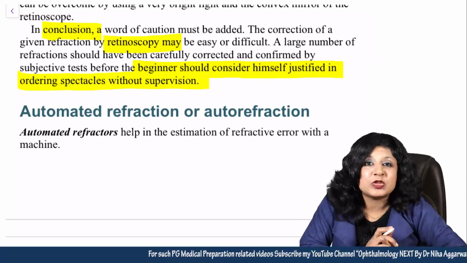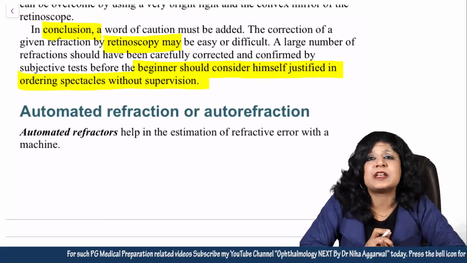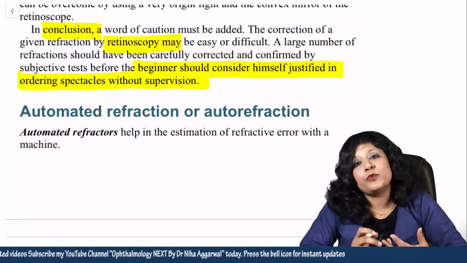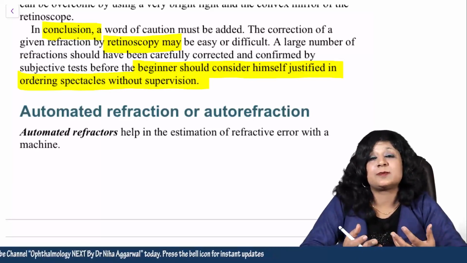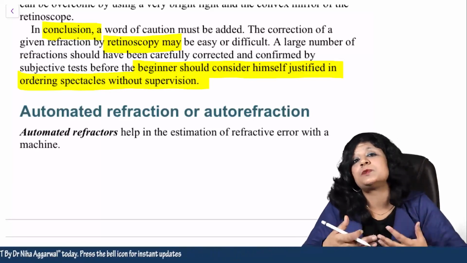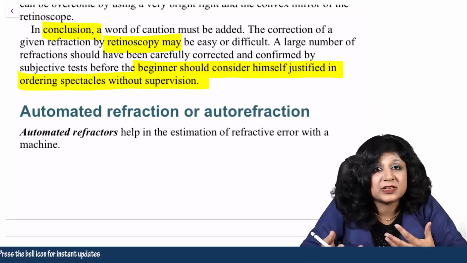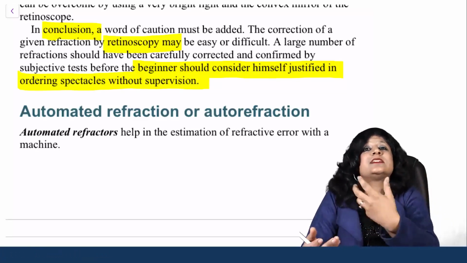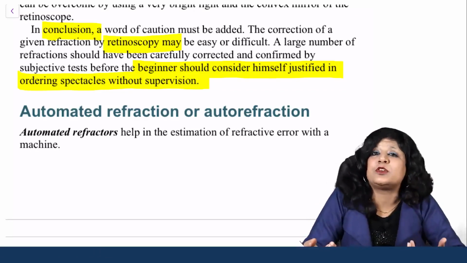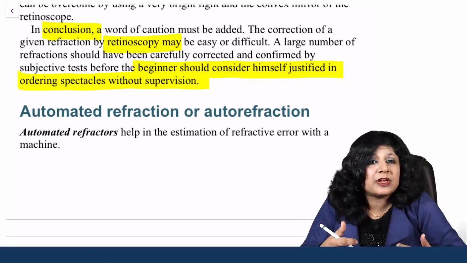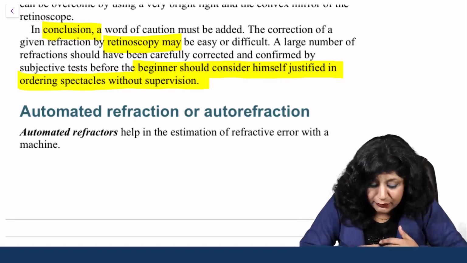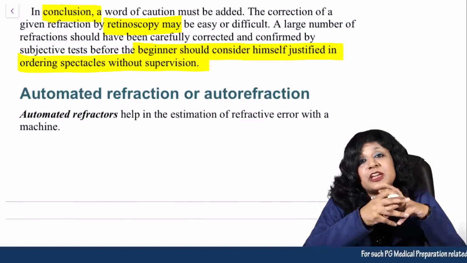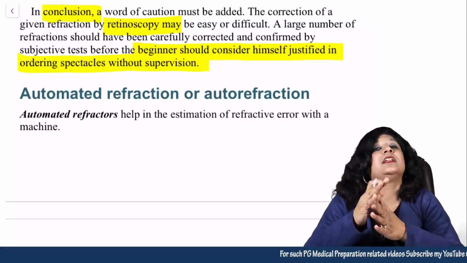They are saying that there are many things to be learnt in refraction, and procedures are always learned by practically doing it. Though you are being taught every theoretical aspect, you will see that you learn a lot practically by doing it. So it is a trial and error method in the starting. Slowly and gradually you will come to know what kind of shadow is suggestive of what kind of astigmatism or what kind of error, and there are so many difficulties that you actually face while doing the refraction. So one should have done a number of subjective tests before giving the final prescription